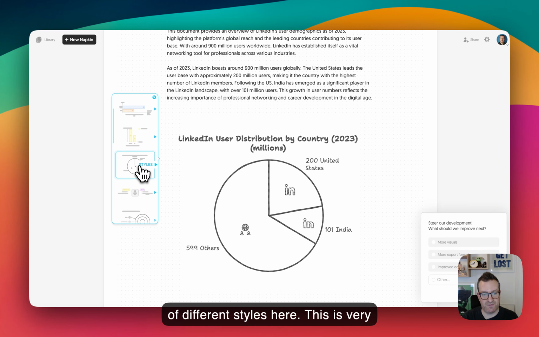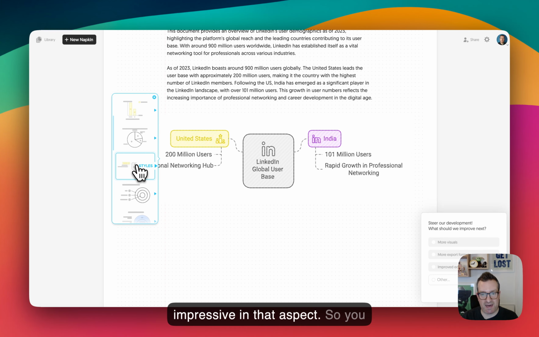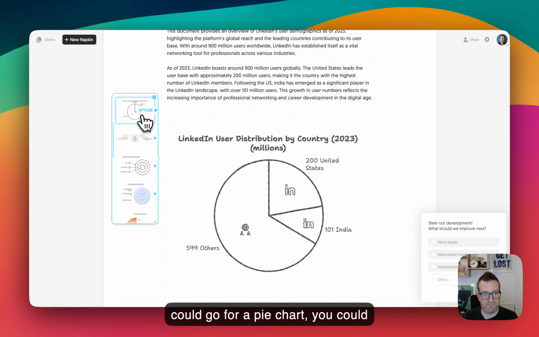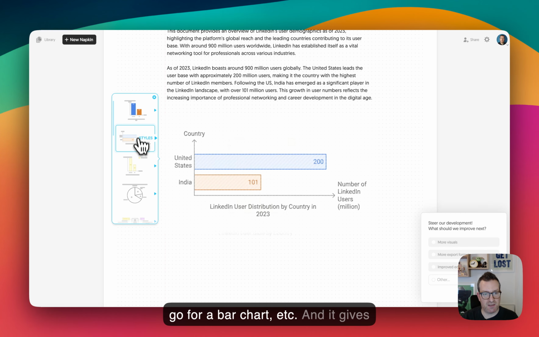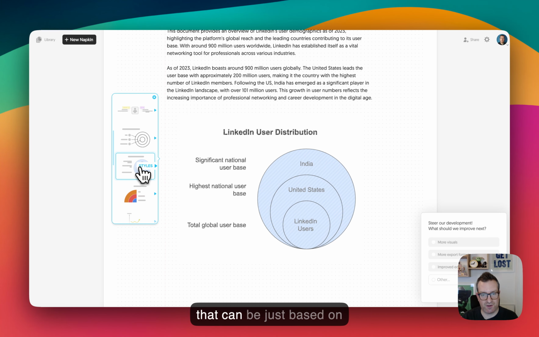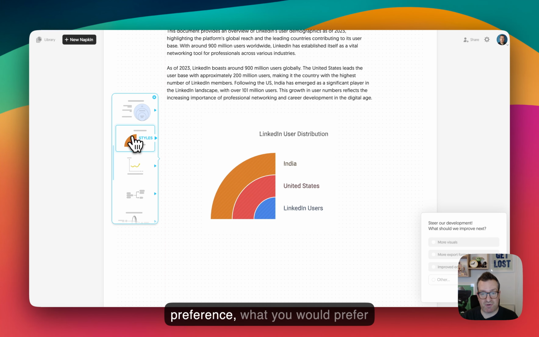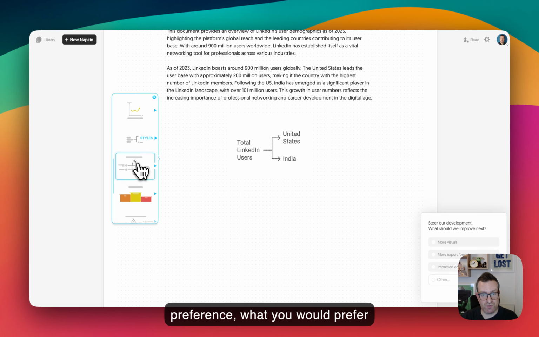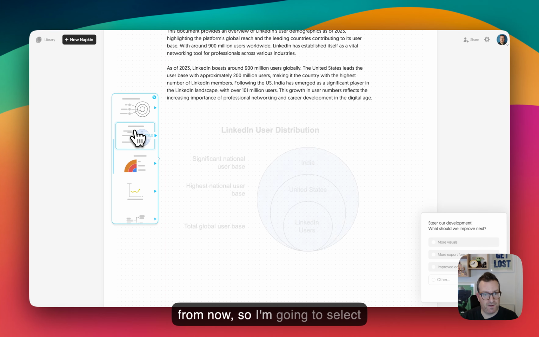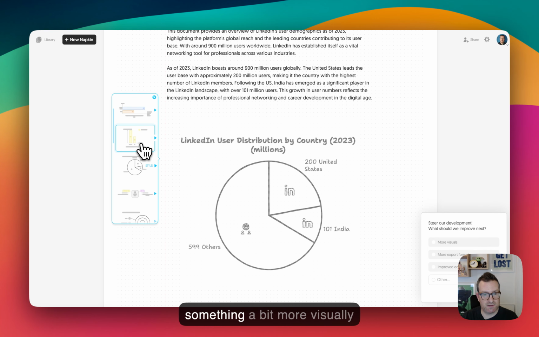This is very impressive in that aspect. So you could go for a pie chart, you could go for a bar chart, etc. And it gives you a lot of different options here, based on preference, what you would prefer to use. And then if we select one from now,